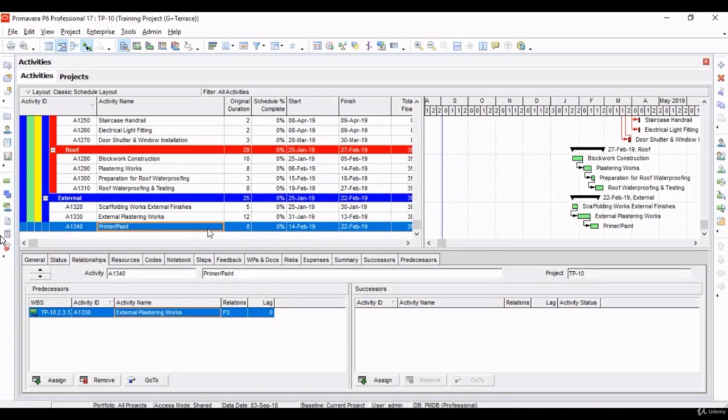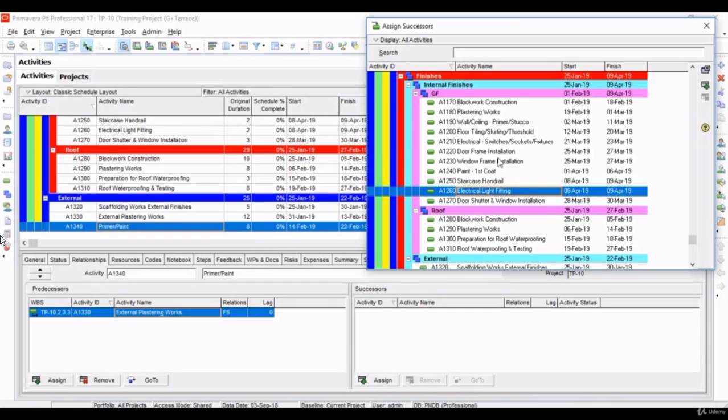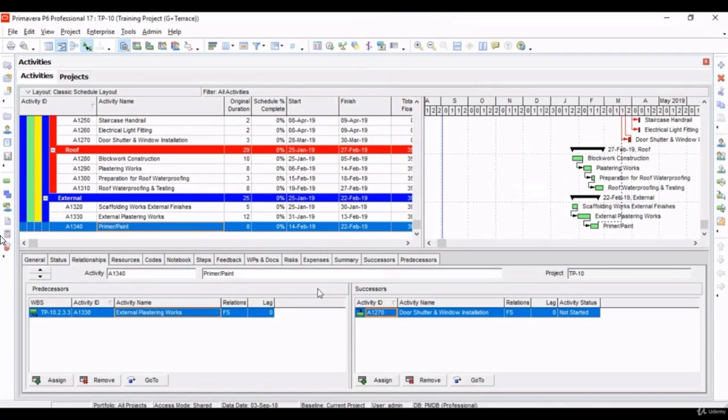But now the last thing we have to do is that we have to link this external primer paint with the door and window shutter installation. That is because when the external works will be done, that is external work for the plaster, painting and everything, the scaffolding works will be pushed through walls, or maybe they will be pushed through the window and door openings for support. We cannot install the glass or the door shutter, obviously, because of damage.